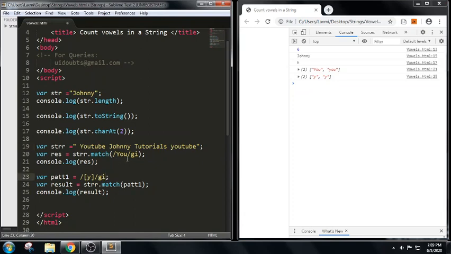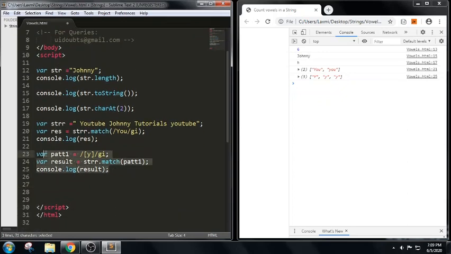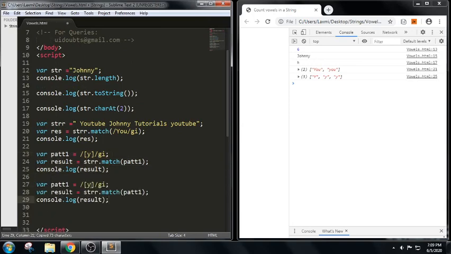If I have written I here, let me check, we got 3. So I indicates case sensitive, as we have discussed. So bracket will have all the values within that particular range. For example, if I have written the same thing, let me copy the same thing, and place a cap symbol here.